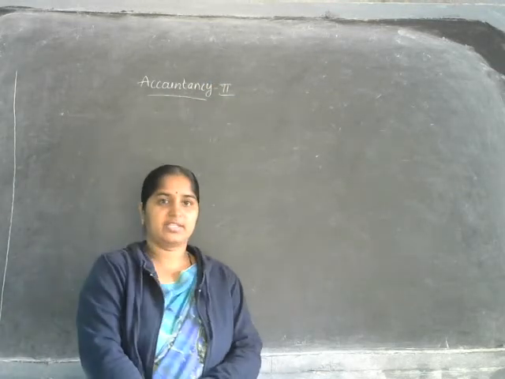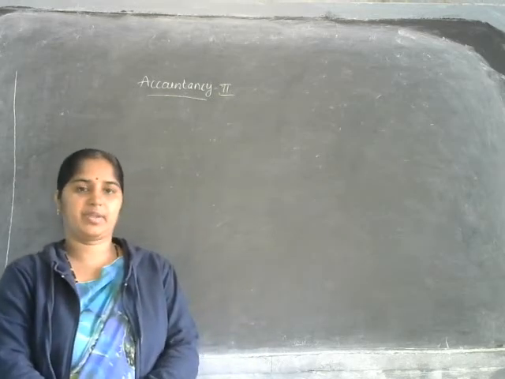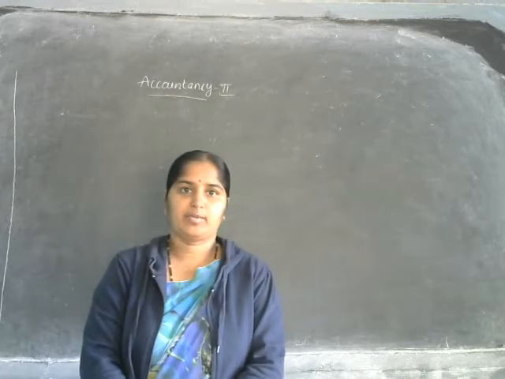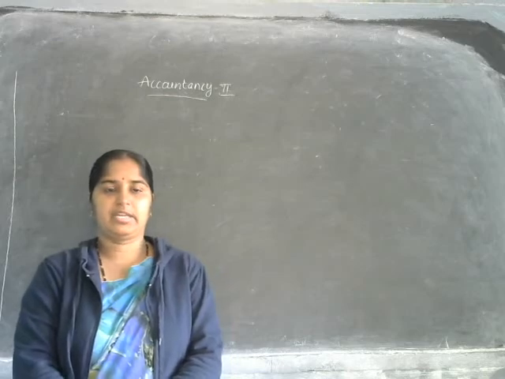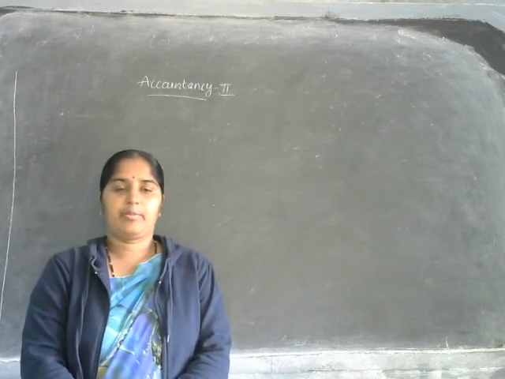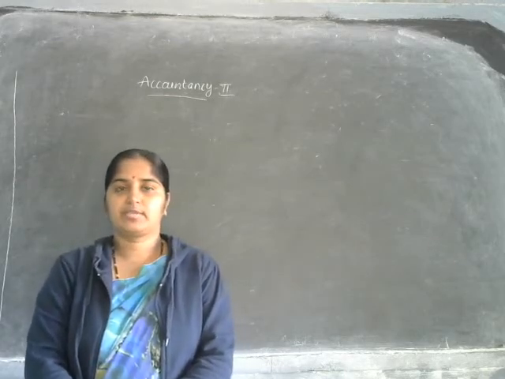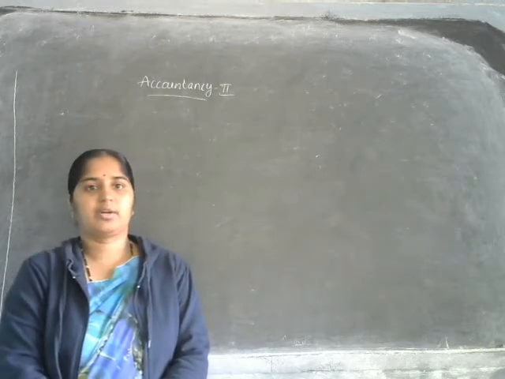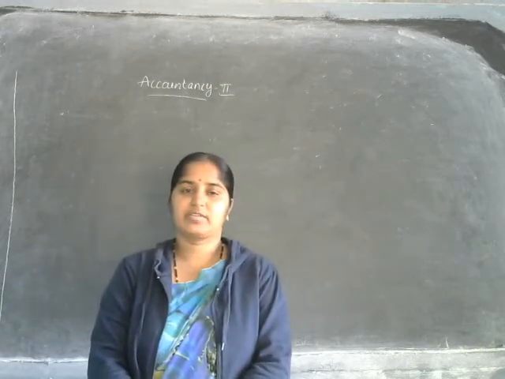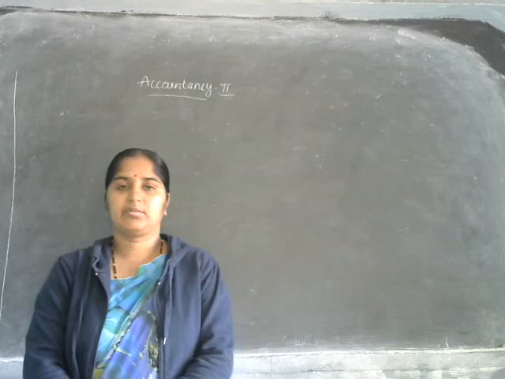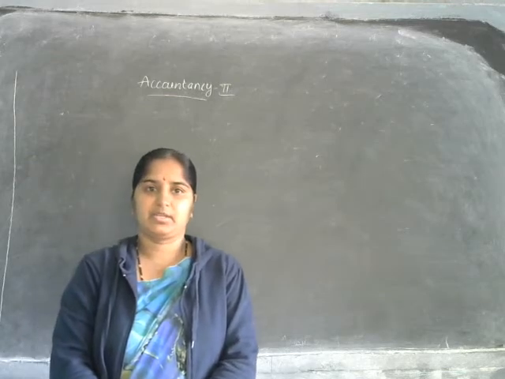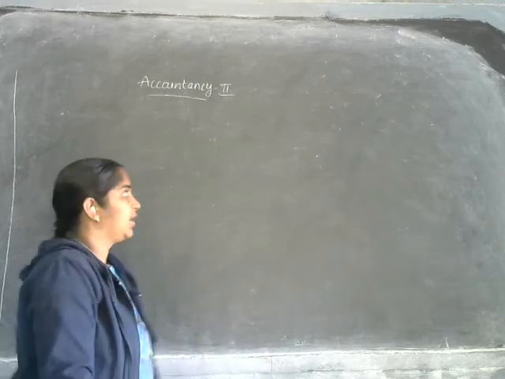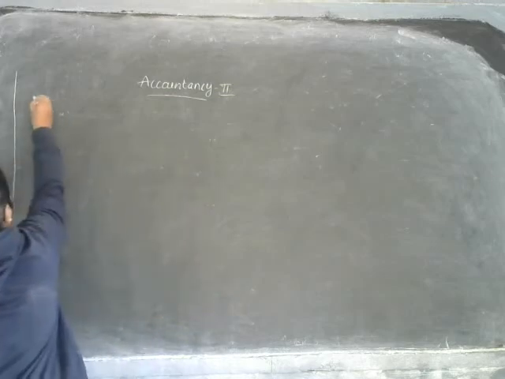Under accountancy, we discussed the straight line method problems in the earlier chapters, the earlier classes. Up to now, whatever problems we calculated under the straight line method are over. Now come to the second method for calculation of depreciation. So what is the second method? We have the diminishing balance method.